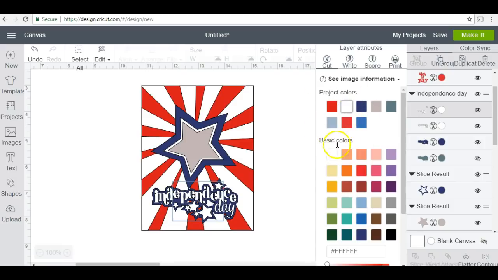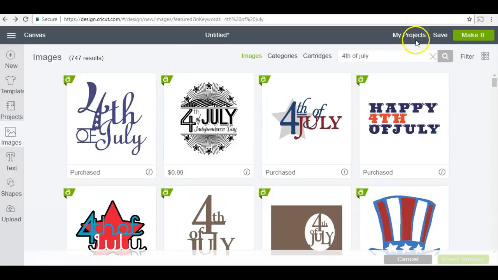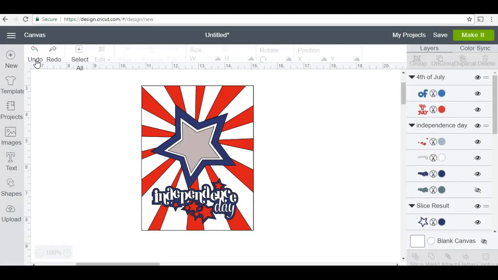Okay, so I think I'm going to leave it. Oh, I want the canvas back. I think I'm going to leave it. Undo, undo. Baby blue, or I might make those also silver. So let me,